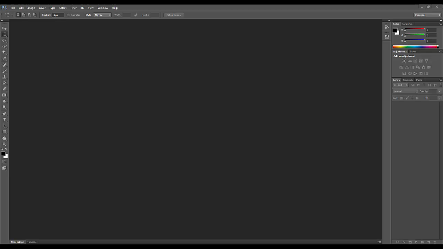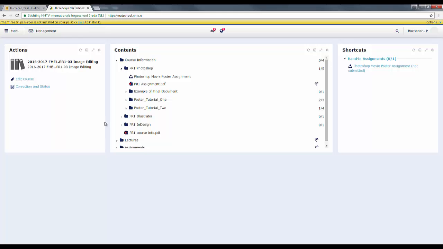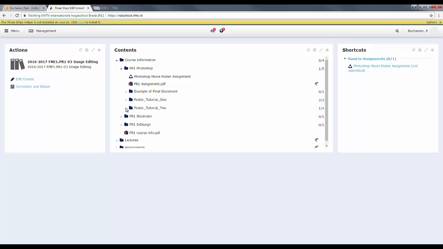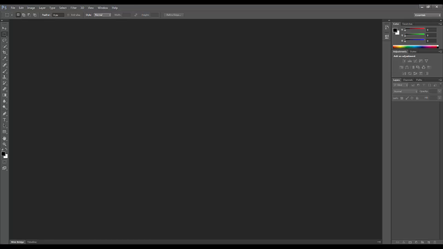Okay, let's get started. Now the first thing we'll have to do is obviously download the source material from NetSchool. So it's under course information, PR1 Photoshop, poster tutorial 2. And there's also a PDF here, which I'm going to roughly follow. There'll be a few things I'll do a little bit differently to try some extra effects out. But nevertheless, if you want to download the PDF and try it letter by letter, that's also fine. So if we download the files,